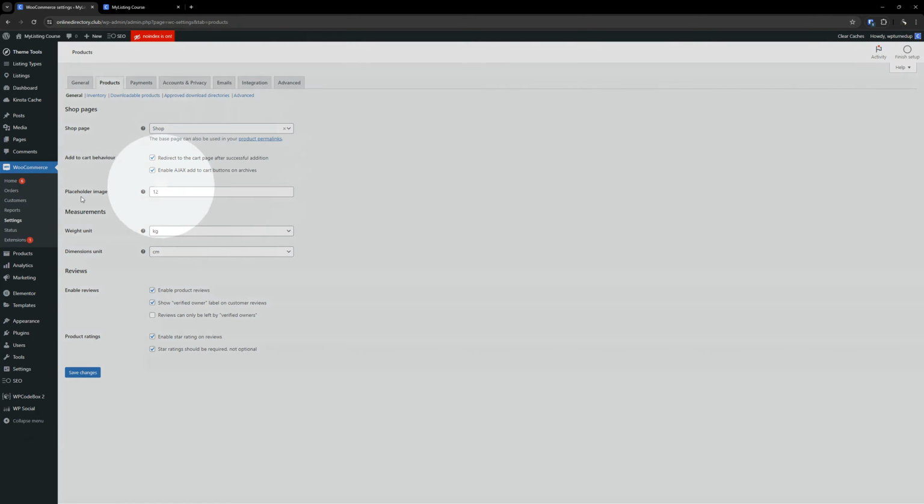I'll leave this default setting here for enabling Ajax. Placeholder image. When you go to create a product, there's going to be an option to add a product image. You can create unique images for each product if you want, but if you're going to have a set of products that have the same image, then this is where this comes into play, because it's just going to automate that for you. So for that, you can come over to your media library,